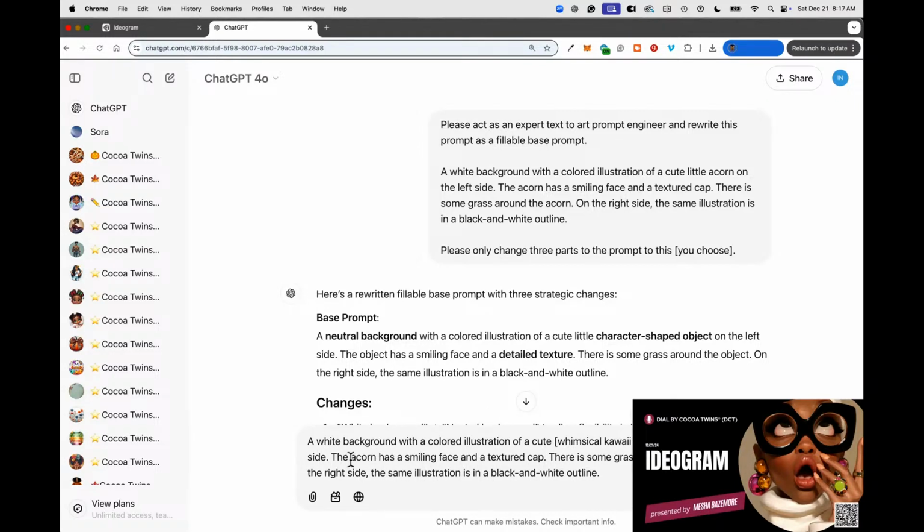On the left side, instead of acorn, replace it with the whimsical kawaii style element, has a cute face. Take this out, there is some grass around the acorn. Let's see here. We're going to go ahead and do, there is, you choose the elements